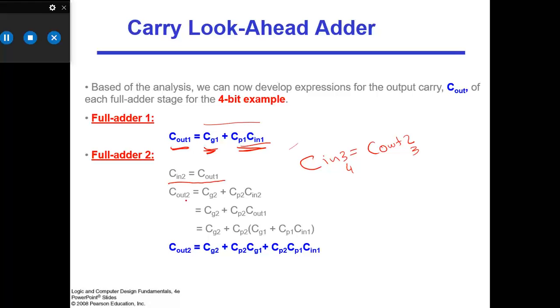Okay, so C out 2 is equal to CG2 plus CP2 into C in 2. In the same way, C out 3 is equal to CG3 plus CP3 into C in 3. So this is a general equation. Because C in 2 is equal to C out 1, we can plug in the value of C out 1 here, and then open these values by normal multiplication: CP2 into CG1, CP2 into CP1 into C in 1. So we get the